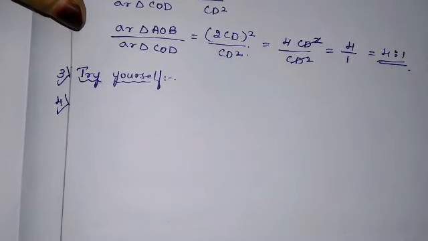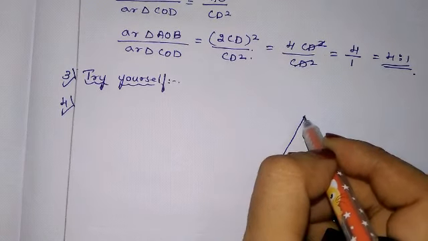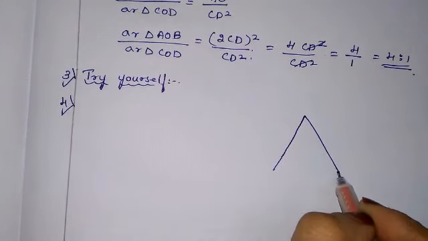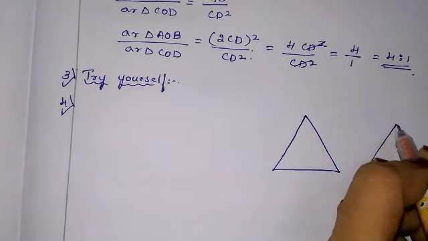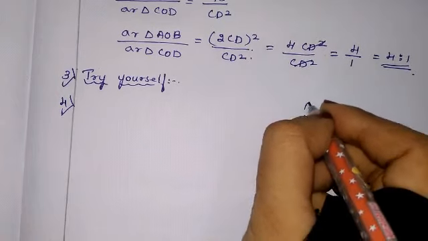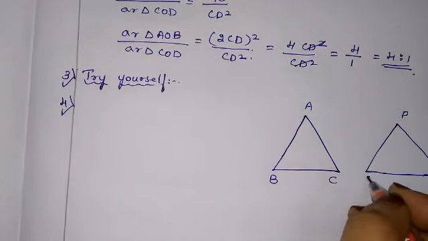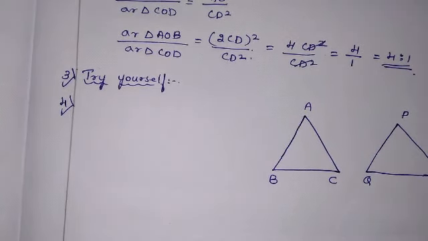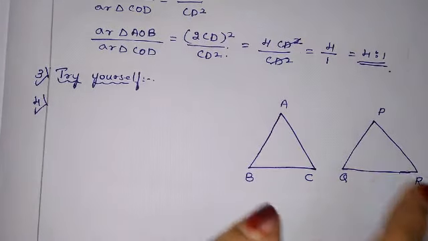Okay. Now, they have told if the areas of two similar triangles are equal. Let us draw two triangles. Figure always in pencil, but pencil will not be visible in the camera, so I am drawing with the pen here. Let us consider two triangles. One, let me write ABC, and one more I will write PQR. They have told these two triangles are similar, but the areas of these two similar triangles are equal. Prove that they are congruent, they are saying. We have to prove these are congruent.